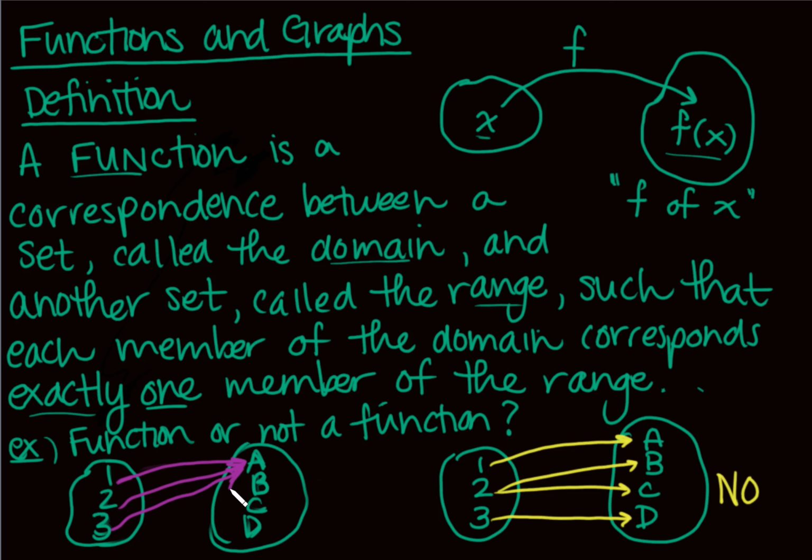It's easy to see when it's a function when each thing is mapped to a separate value, but how would I test again if this is a function? I would ask myself, for everything in the domain, can I answer what it's mapped to in one word or one answer? So what is 1 mapped to? A. What is 2 mapped to? A. What is 3 mapped to? A. It is a function because what we care about is that everything in